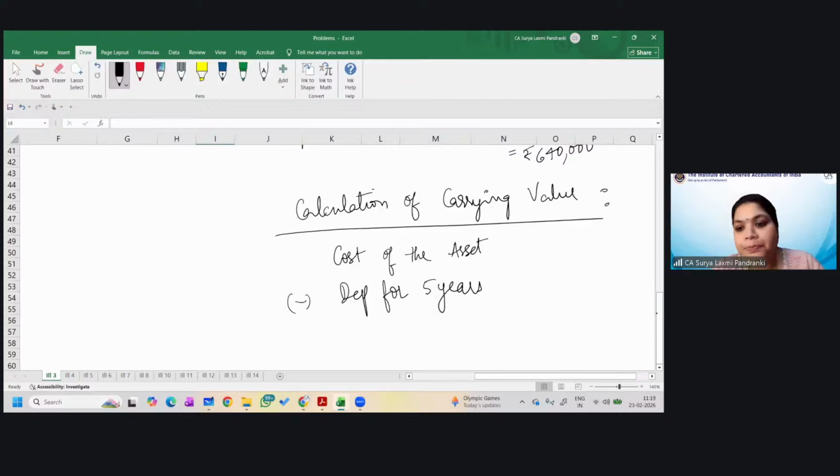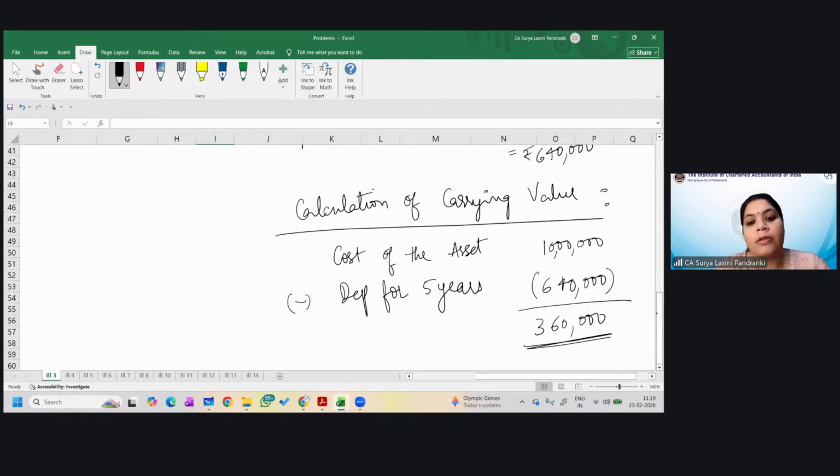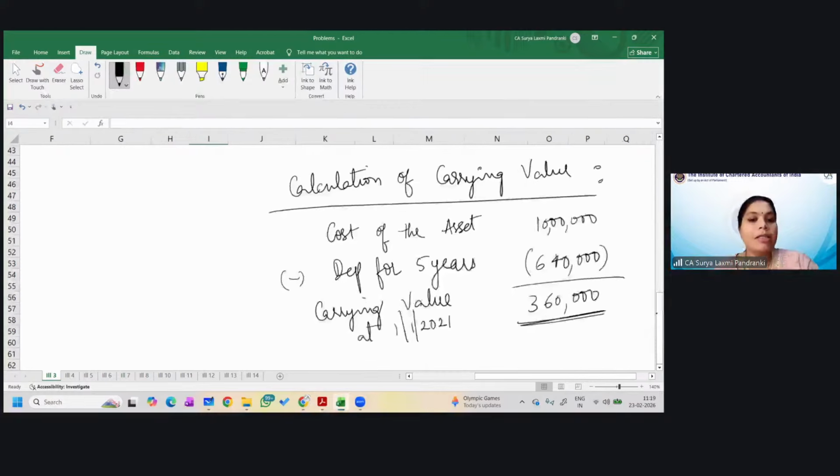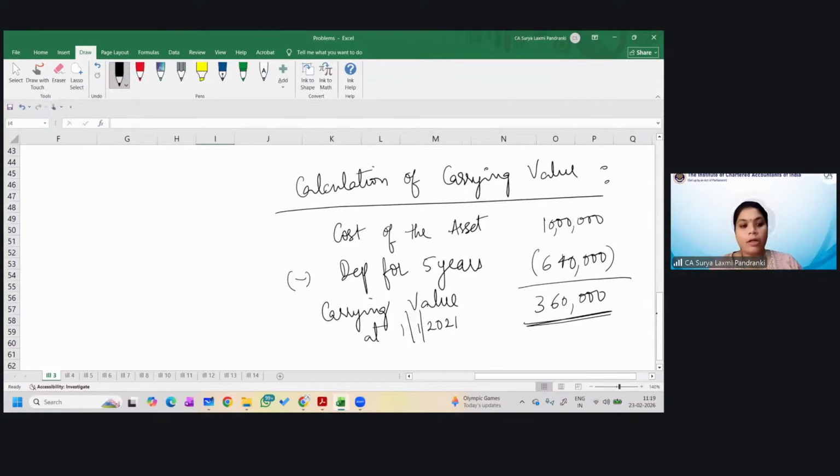So what is the value? 10 lakhs, and then depreciation was 6,40,000. How much is the value? 3,60,000. So this is the carrying value at 1/1/2021. Agreed, everyone? This is the carrying value at the end of the 2021 year, right? Okay. Now